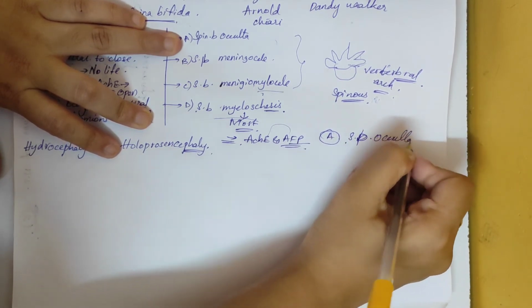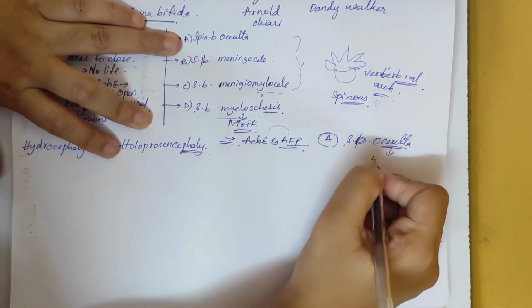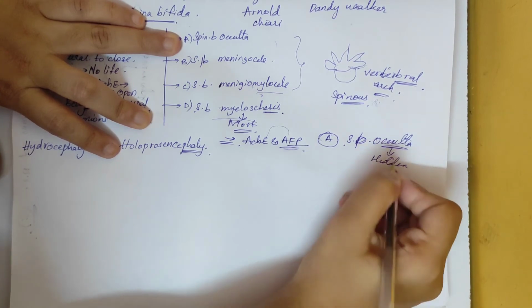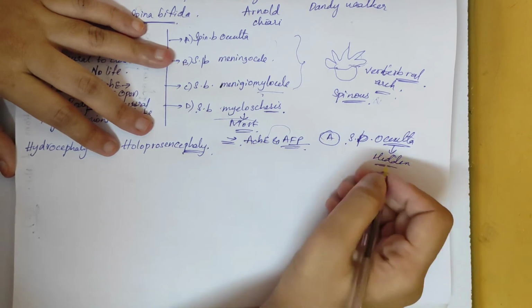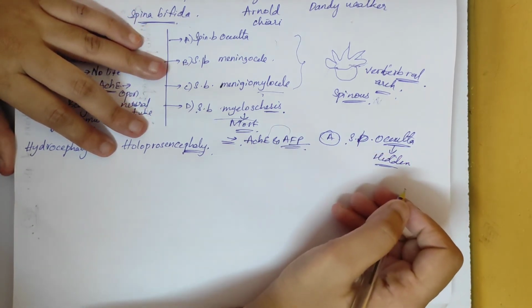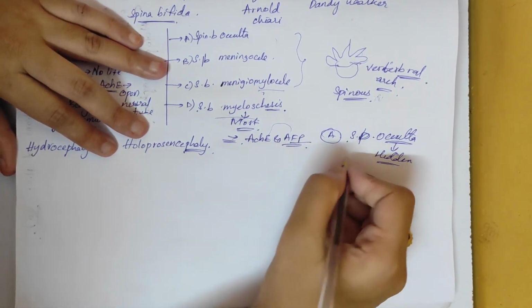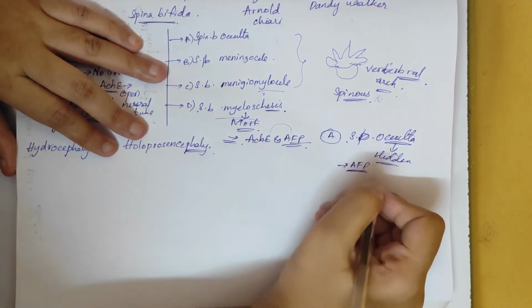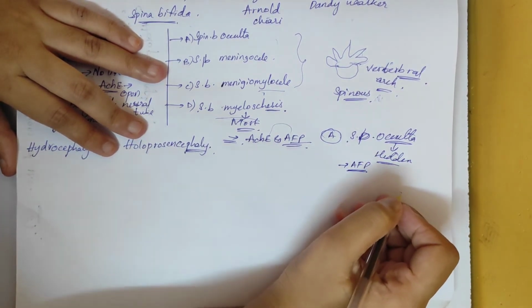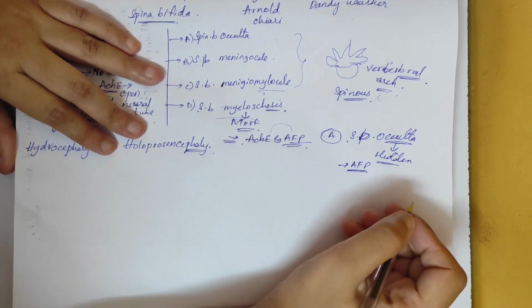What is occulta? Occulta means hidden. What happens here? This is failure to induce the bone growth around the spinal cord. This is the mildest form. So there is no increase in AFP because this is not a body wall defect, and also